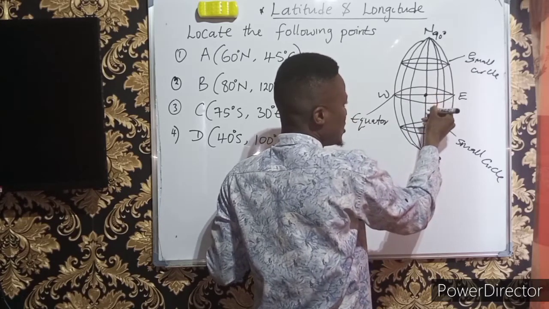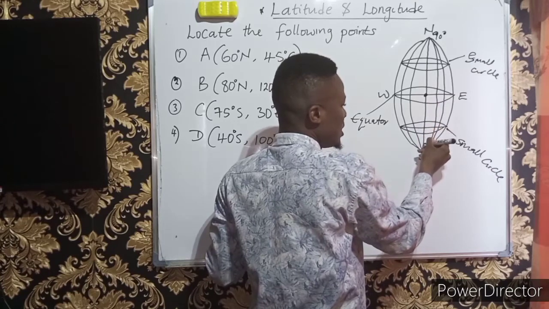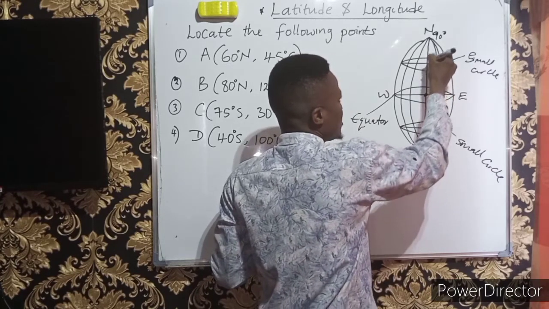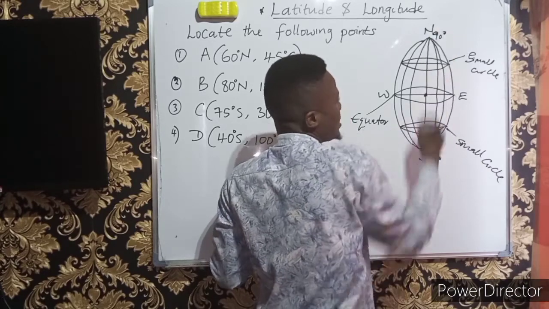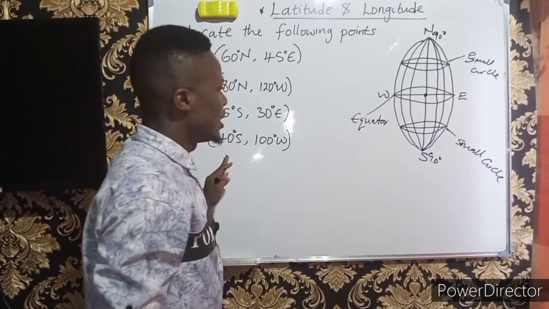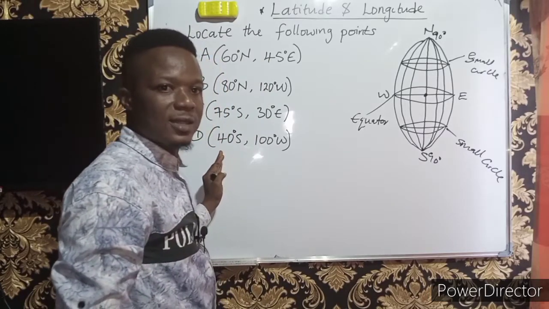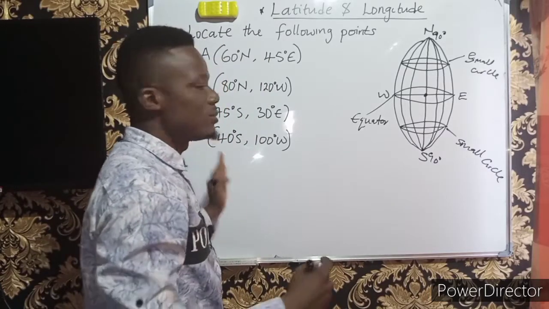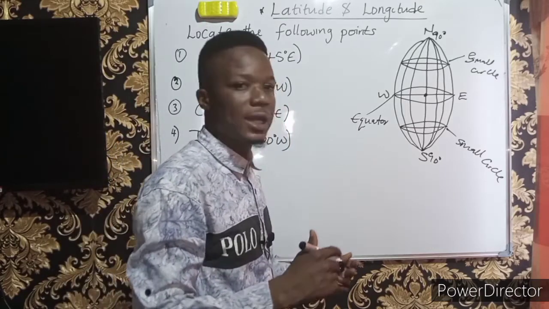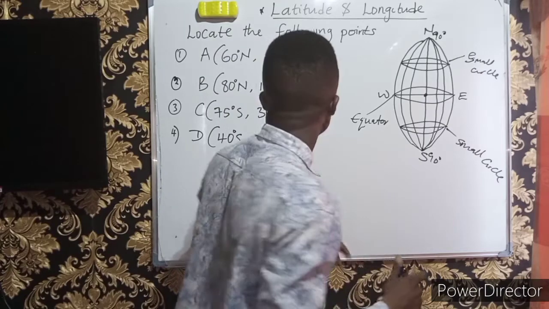You can have something like 10, 20, 30, 40, etc. till you get to 90. The same thing applies here, 10, 20, 40, 50, 60 till you get to 90. So that is why you cannot have any latitude more than 90 degrees, okay, or even less than 0. So the latitude can start from 0 to 90 degrees, measured north or south of the earth surface, while the